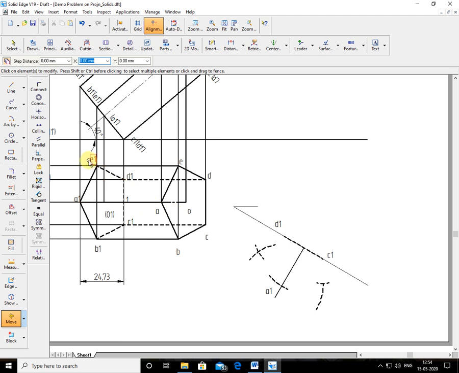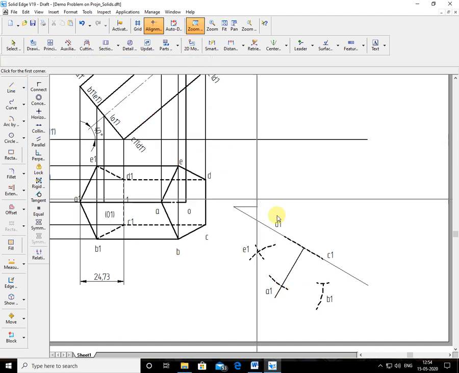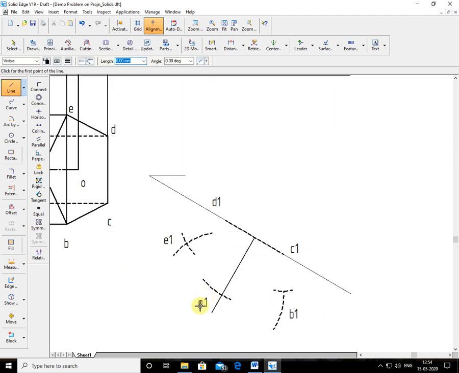Okay, that's here. Now where is B1 here? This is B1. Okay, now I'll join this. I'll zoom this area. End point. Sorry, I make it color.